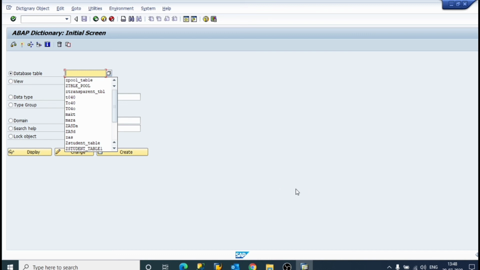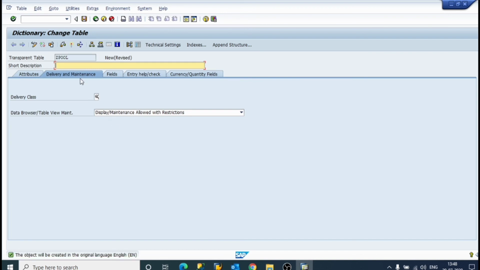Now SE11 database table, so just Z pool, create, short description. Now short description we will write testing for pool table.